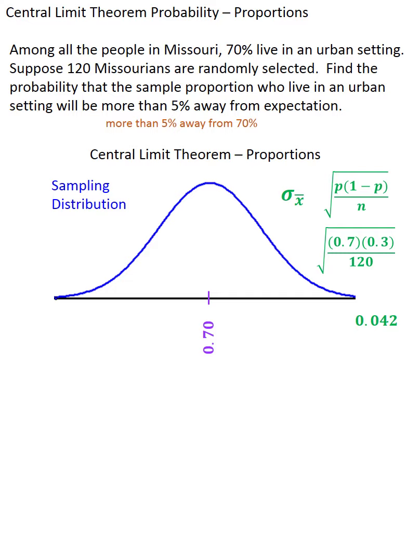But what does more than 5% away from 70 mean? What numbers are more than 5% away from 70%? Well, that's the same as saying that it's got to be below 65, because all of those numbers are more than 5% away from 70, or it's got to be above 75, because all of those numbers are again more than 5% away from 70. Well, this brings up the next question: where are 65 and 75